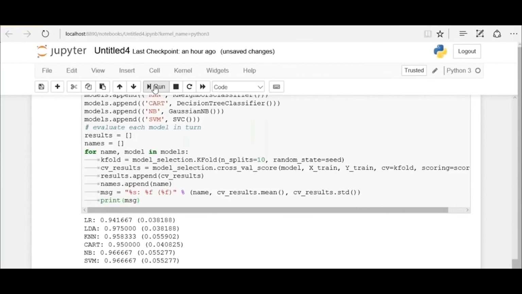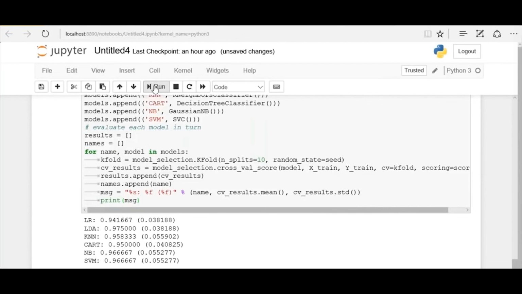Running the script, we saw the following result. We can see some of the results on the screen. It is just an accuracy score using a different set of algorithms. What is the accuracy rate when we are using logistic regression, when we are using the linear discriminant algorithm, and so on. So from the output, it seems that the LDA algorithm was the most accurate model that we tested.